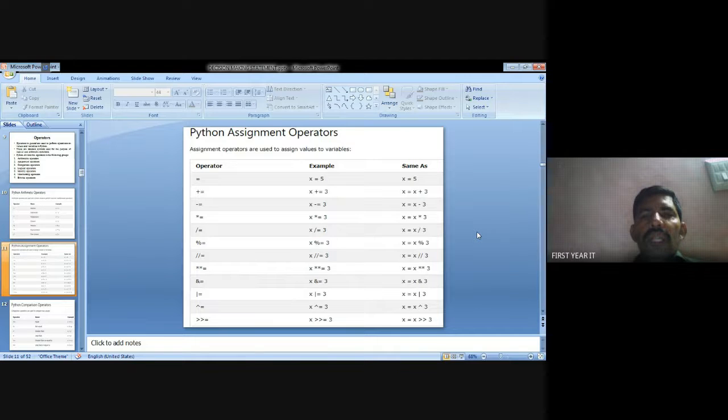Suppose x value is 1, then x plus equal to 3 means 3 plus 1, 4. x value is 4. Again, 4 plus equal to 3 means 3 plus 4, 7. Now x value is 7. That is called assignment operators.